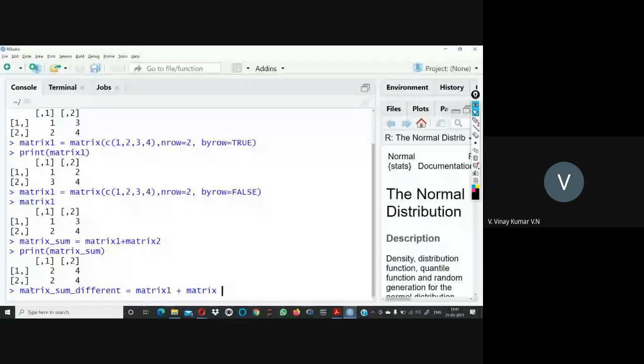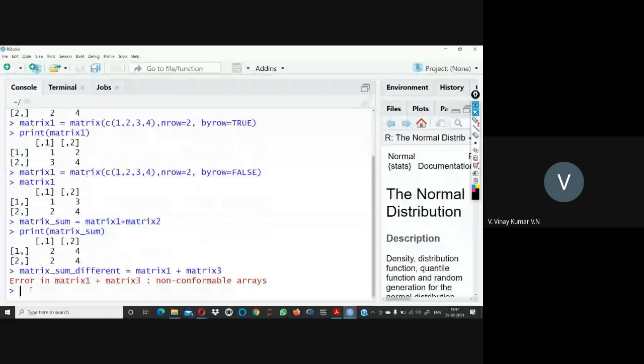Immediately we'll get an error because matrix 1 is a 2 by 2 matrix and matrix 3 is a 3 by 3 matrix, so addition is not possible. That is why we get a non-conformable arrays error, which means there are size issues between the two matrices.